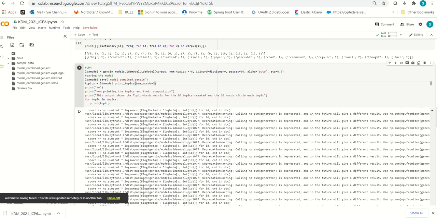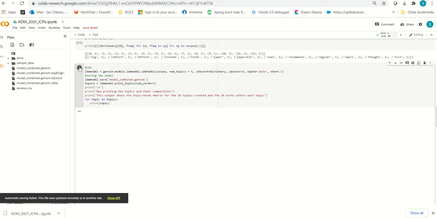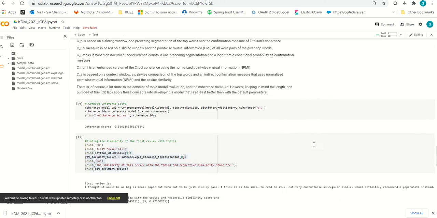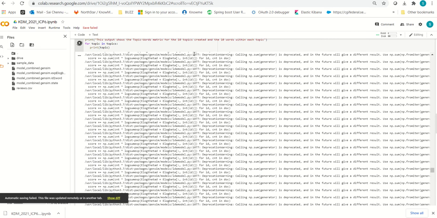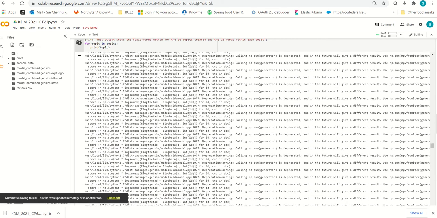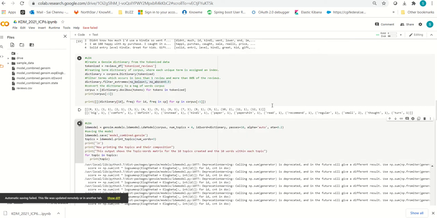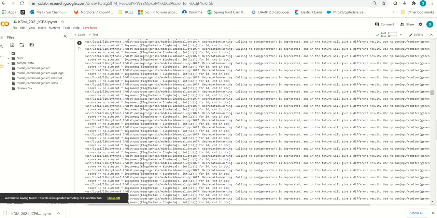If I decrease the number of topics to 4, there is no overlap between the bubbles. Hence that is a good match, and that will be the good model according to the rules. If we have more topics and more passes, then there will be some overlaps, and it will be a little bit clumsy.